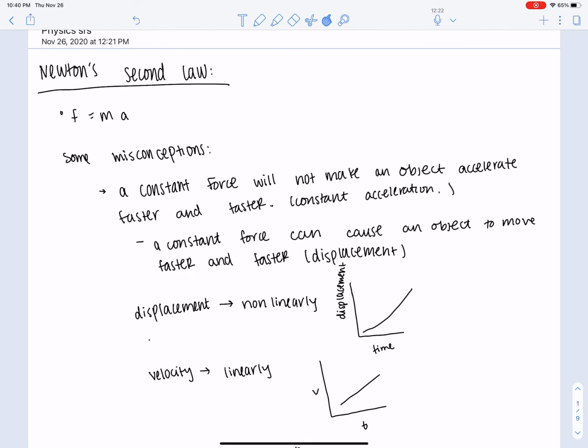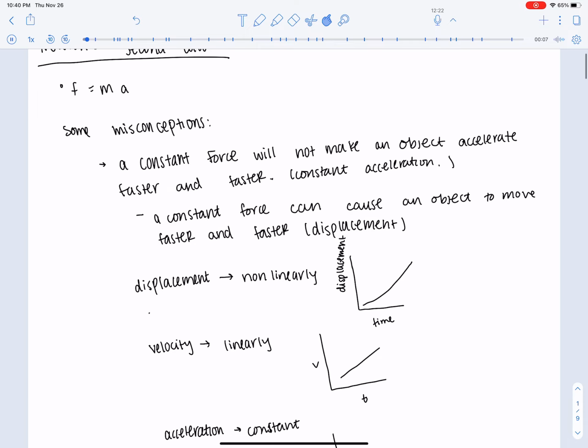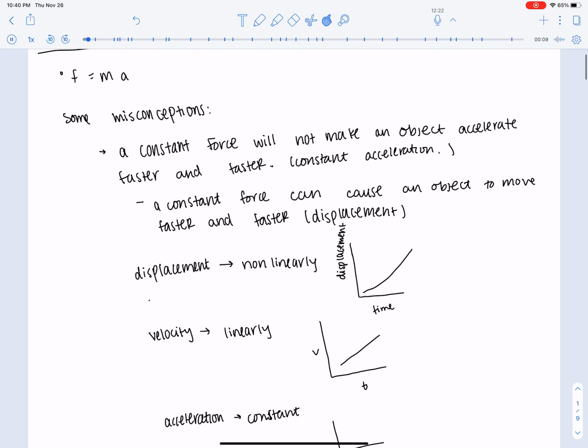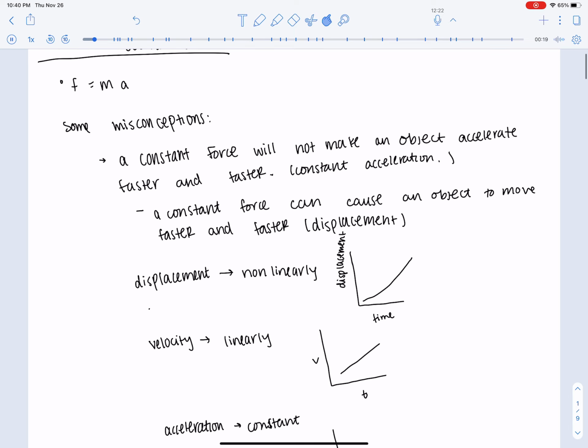My section starts with Newton's second law, which is force equals mass times acceleration. It talked in the book about how the MCAT will try to make problems sound very difficult, but it can easily be solved using this equation. Some misconceptions that students have is that a constant force will not make an object accelerate